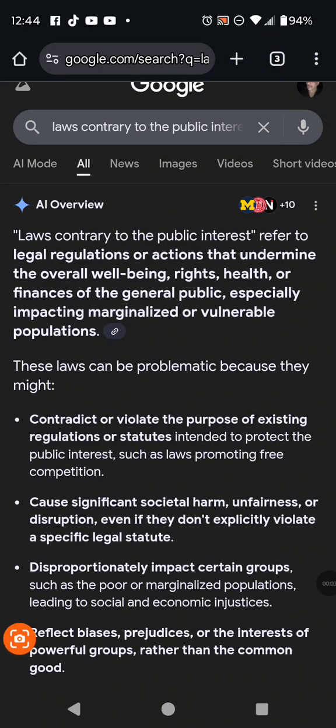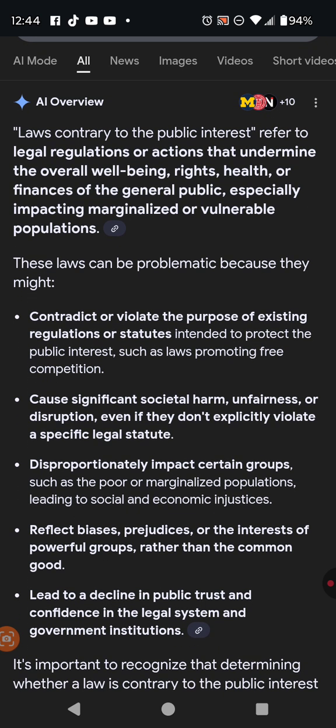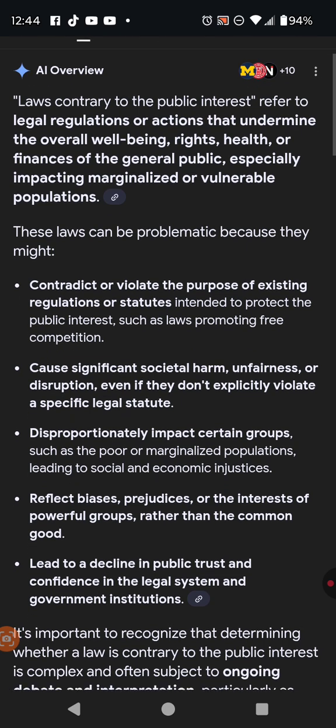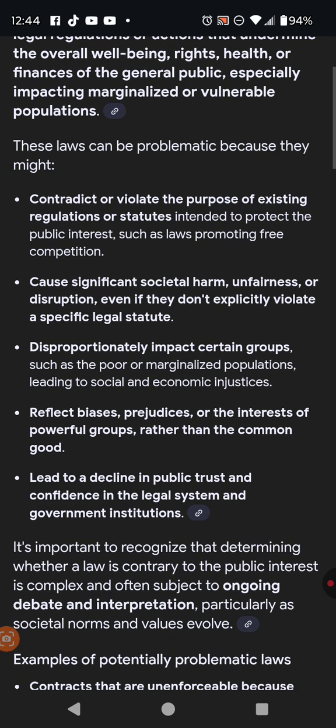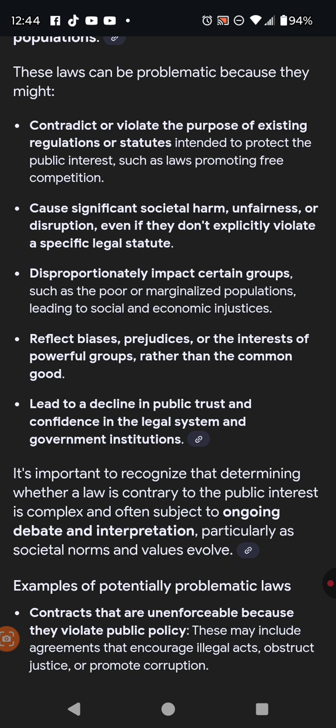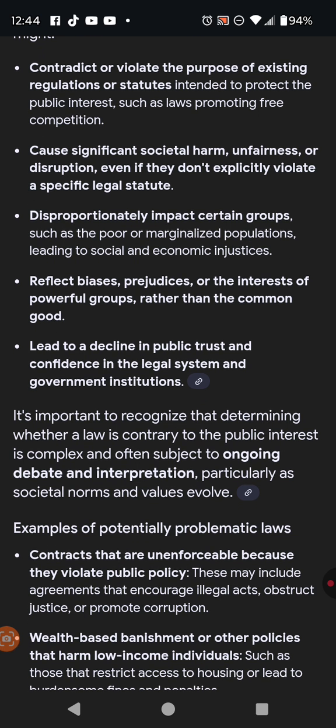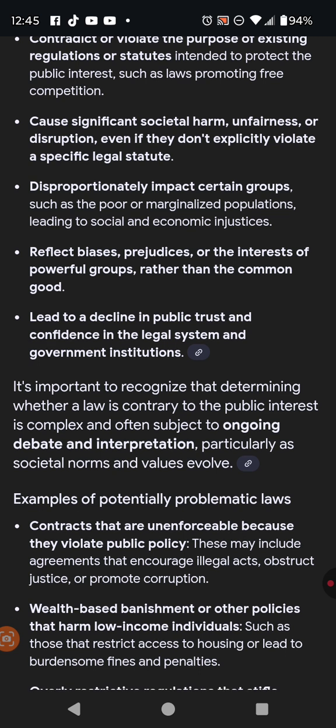Okay, laws contrary to the public interest refer to legal regulations or actions that undermine the overall well being, rights, health, or finances of the general public, especially impacting marginalized or vulnerable populations. These laws can be problematic because they might contradict or violate the purpose of existing regulations or statutes intended to protect the public interest, such as laws promoting free competition,